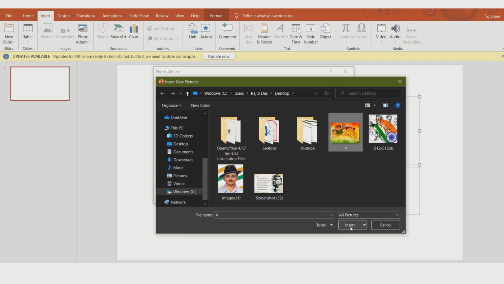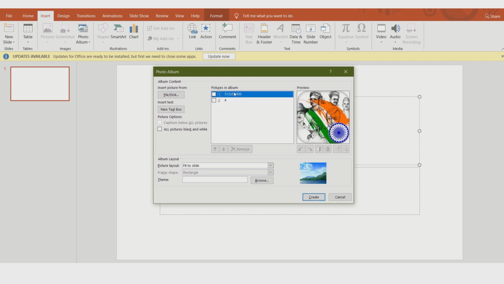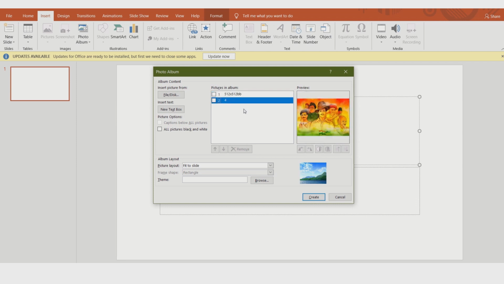This one I am choosing. See, this is the next photo. So two photos are already inserted. When you click on it, see the preview portion, this photo appeared here, and when you click on the next photo, this is the next photo. In this way you can choose other photos also.